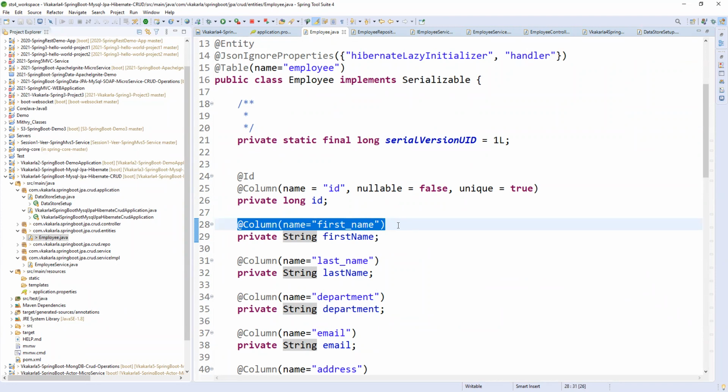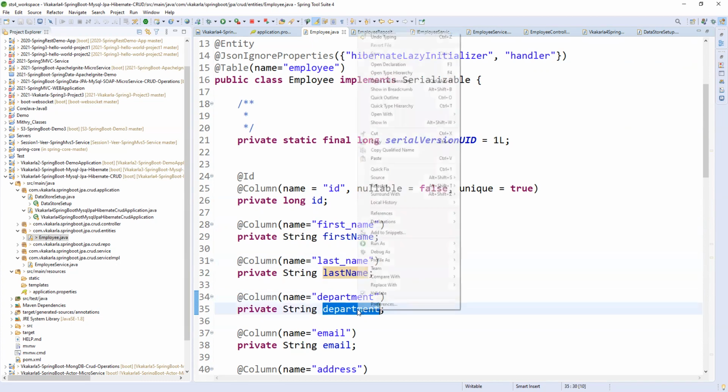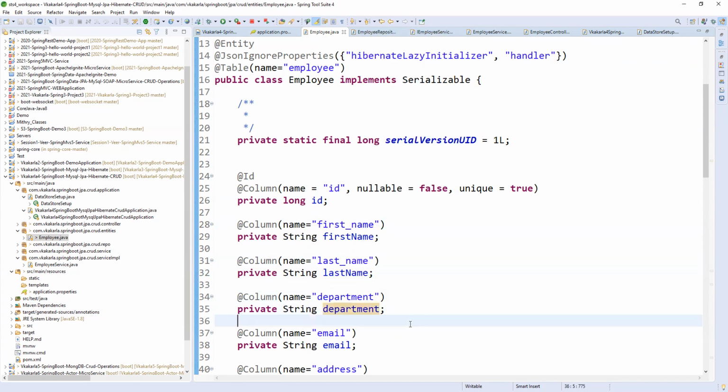Otherwise, how can we relate to the database? We need to tell it in some way. Previously, how were we configuring? We had a Hibernate configuration file with respect to the database table. In that configuration file, you need to give the database model and database column: name is equal to first name, column is equal to last name, name is equal to department, column is equal to department. Like that we were configuring in an XML file. Instead of that, simply we are giving column. This is the department, this is the database model, and this is the database column name. Like that we need to give.